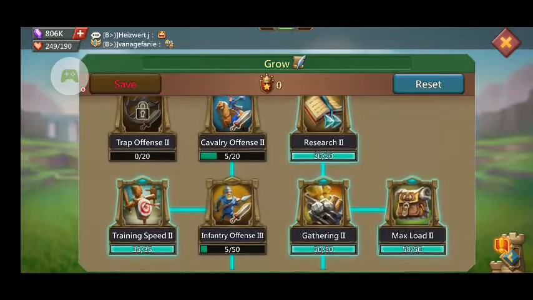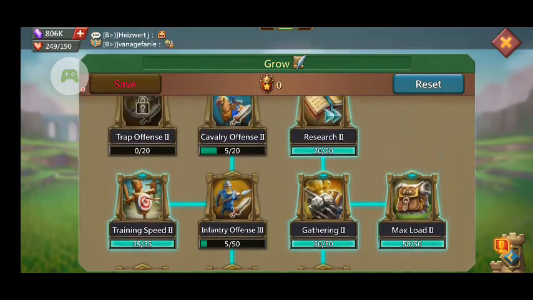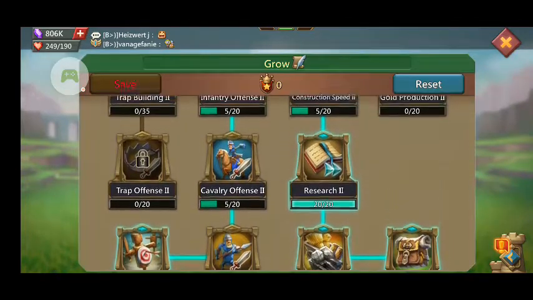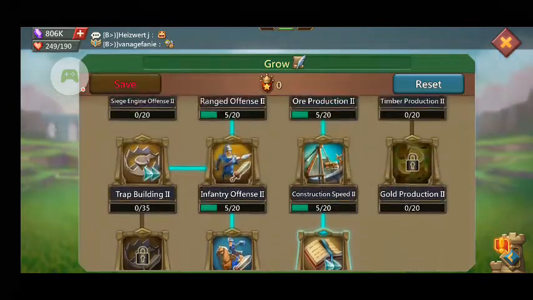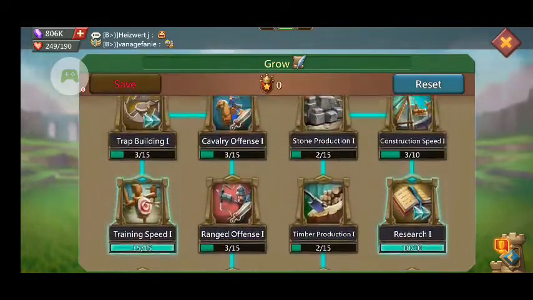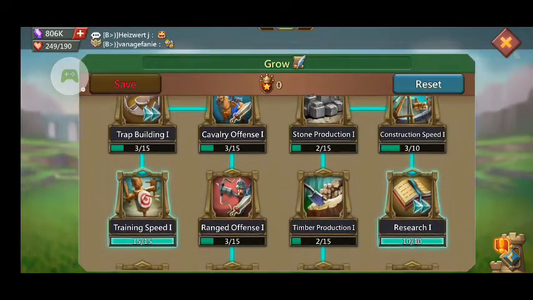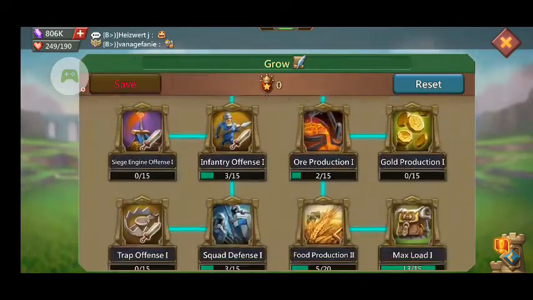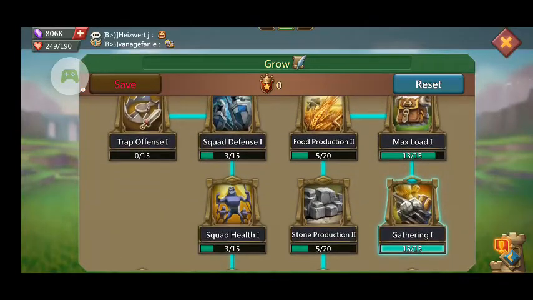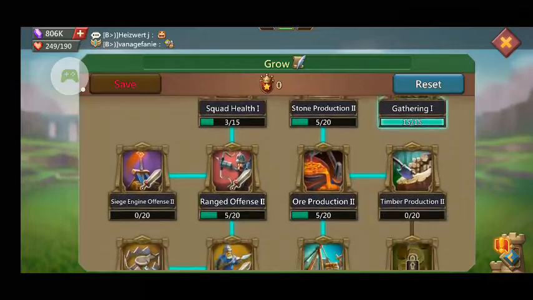Everything is on training speed, gathering, over here gathering, and max load, which means I send fewer troops, and research. So I've got here gathering, research, some construction. I'm not actually that worried about construction, which is why there's not much on here. If you're building, you might want to rather max your construction speed, but then it's going to be at the cost of your gathering most likely, because research speed is important for growth, and